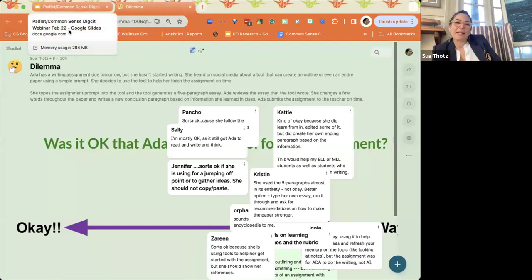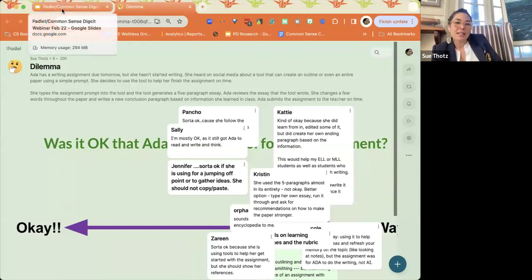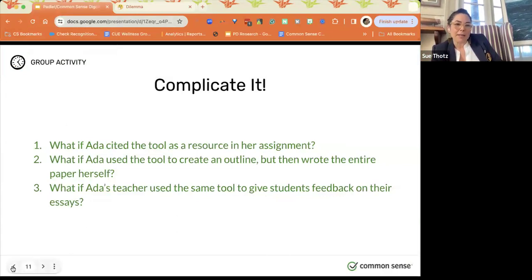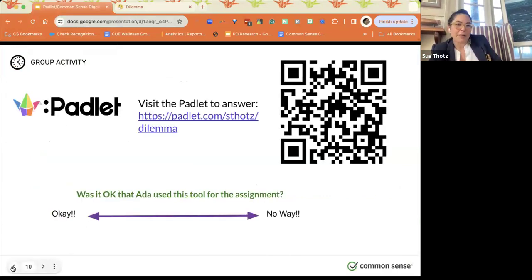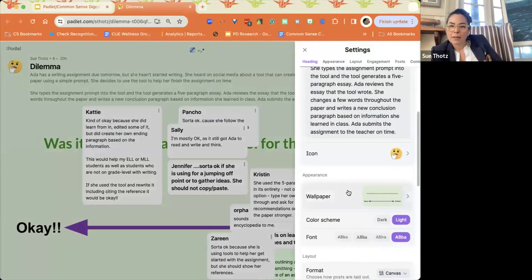By the way, I made this graphic on my Google slideshow. I took a screenshot, and then I used that screenshot as wallpaper.